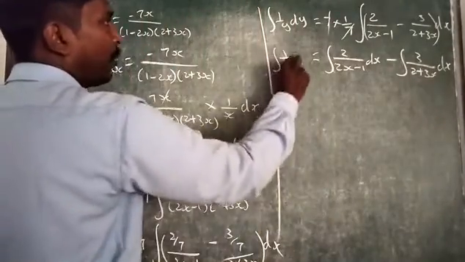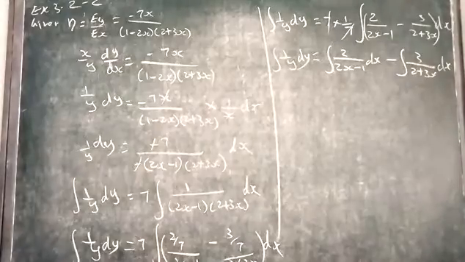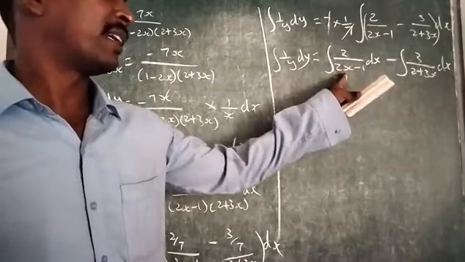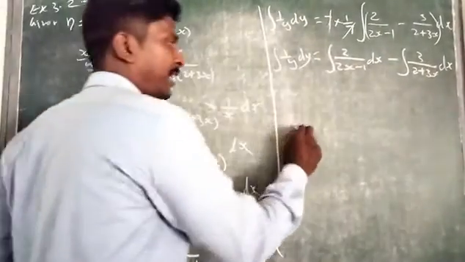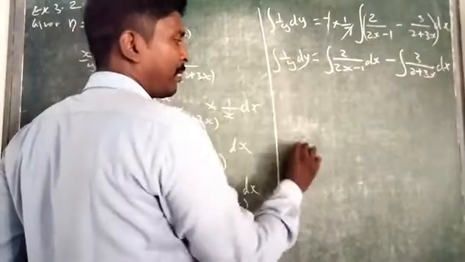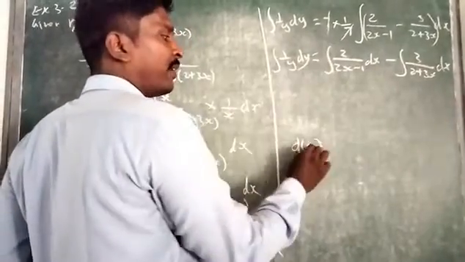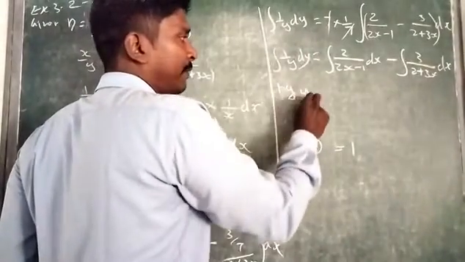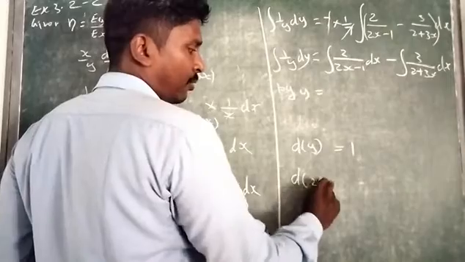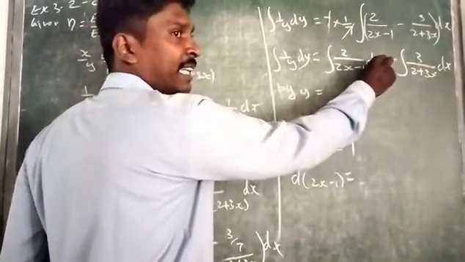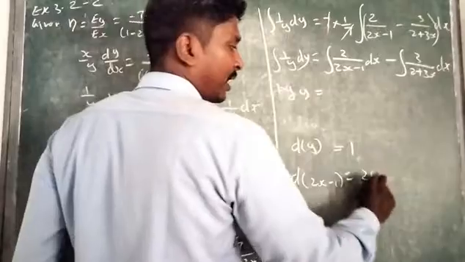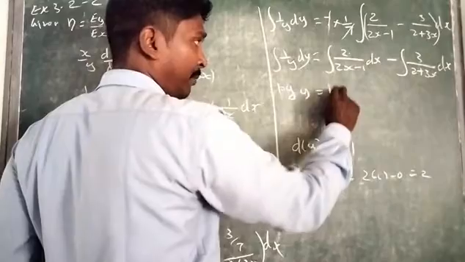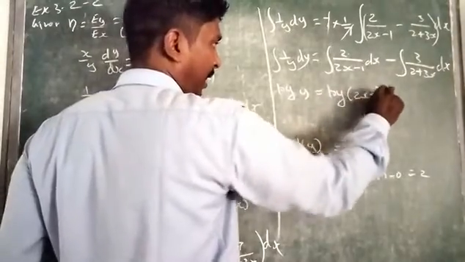Now here we have 1 by y into dy. Now integrate on both sides. So the integral of 1 by y becomes log y. What is the rule? Take the denominator value for dy. The denominator is y. Differentiating y with respect to y, the value becomes 1, that is the numerator value. Then you can write log of y. Same condition, take the denominator value 2x minus 1, with dx. Differentiating with respect to x, 2 into 1 minus 0 equals 2. That is the numerator value. So the entire term becomes log of the denominator value.